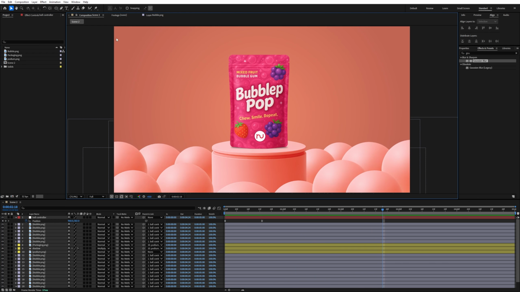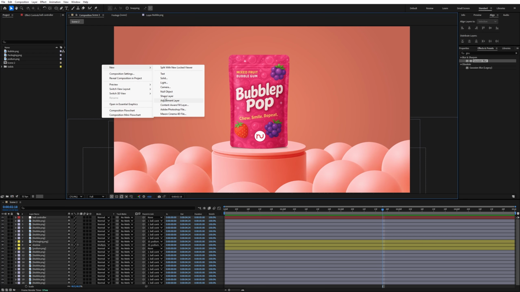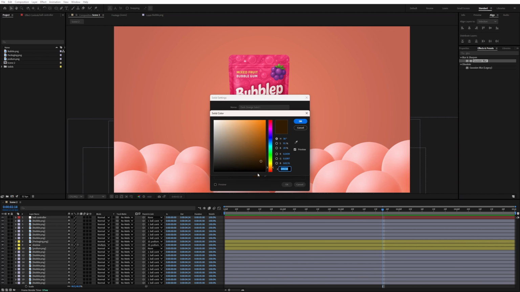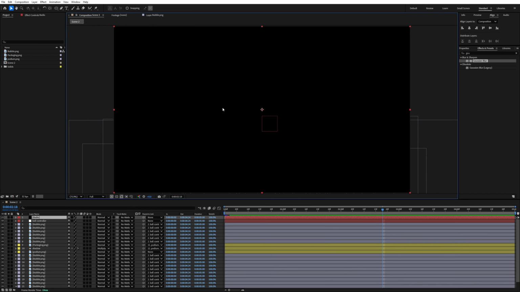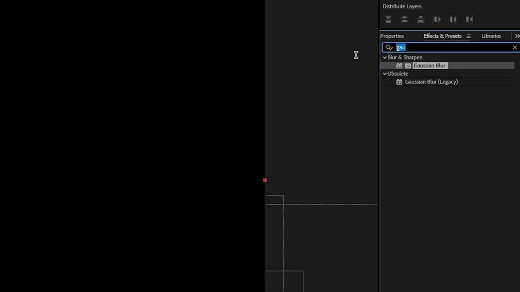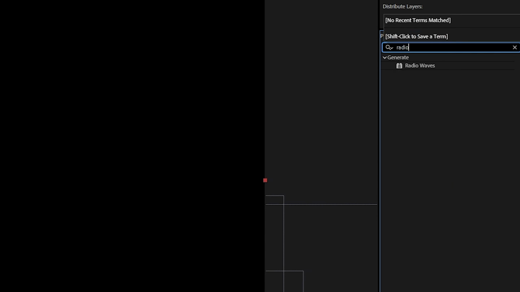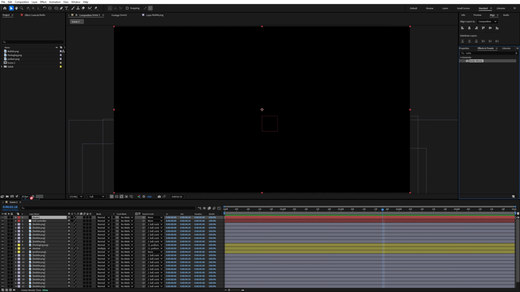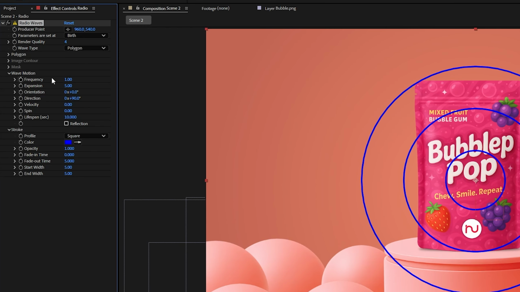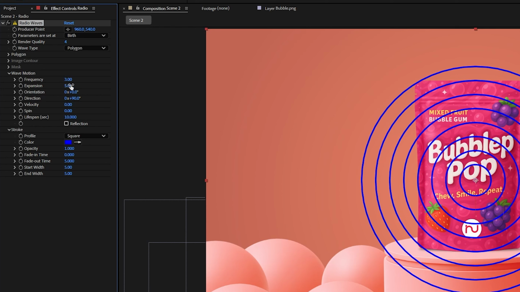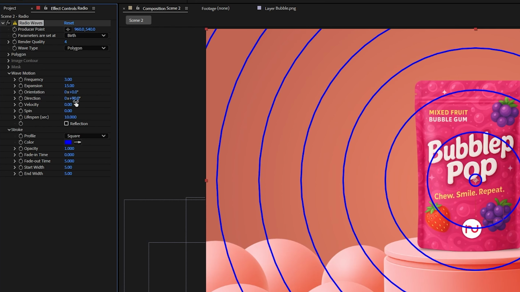So right click outside of the composition and choose New, Solid, and let's choose the black color and hit OK and name it radio and hit OK. So now go to the Effects and Presets panel and search radio wave and drag and drop radio wave onto this radio layer. After that, change the frequency value to 3, expansion 50, direction let's make it 0, lifespan 4.100 and opacity 0.340,